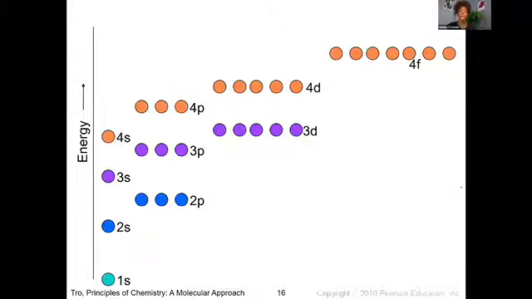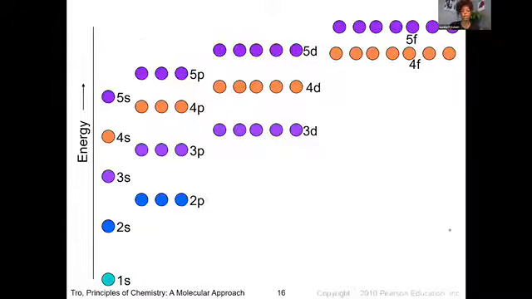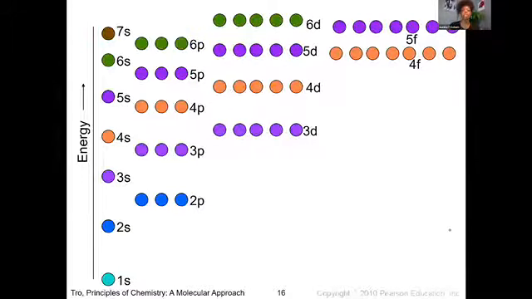Well, now look at what happens when we add that fourth energy level into play. When we look at that fourth energy level, now you can see that your 4s energy is actually at a slightly lower energy than your 3d because there's so many electrons there. And so that 3d is able to penetrate into that higher energy level. Similarly, as we add in our fifth and our sixth and our seventh, you can see that not only are the Ds able to penetrate into higher energy levels, but also those F orbitals are actually able to penetrate to